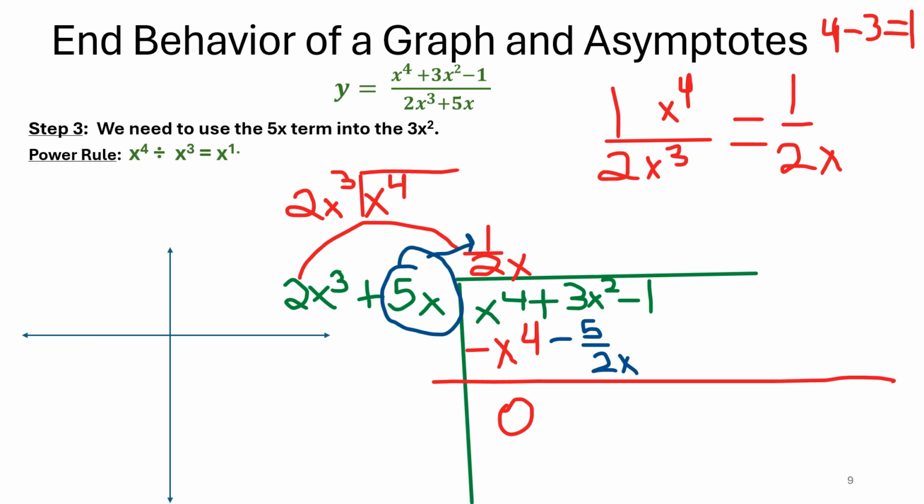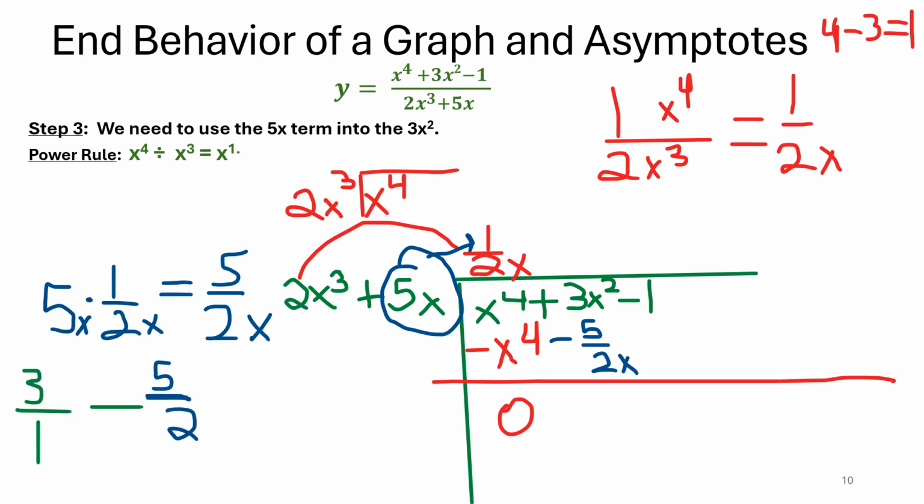0 done. Now we need to use this term, because we took care of this term. And we're not using synthetic division, we're just using regular division right now, but we're using division of terms. It looks like synthetic division, but it isn't. So let's go here. 5 times a half is negative 5 halves. Now let's go on and look at what goes on next. 5 halves times 1 half is 5/2. Why is that? 5 over 1